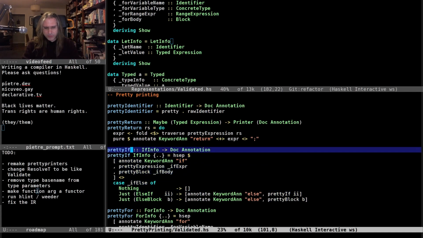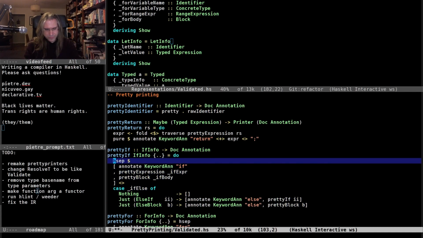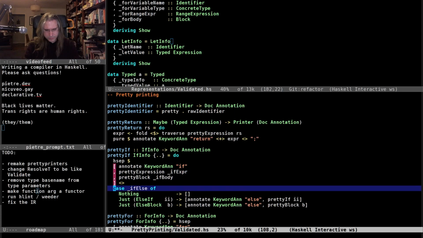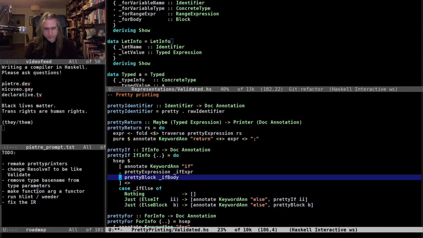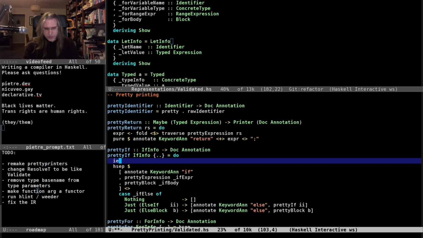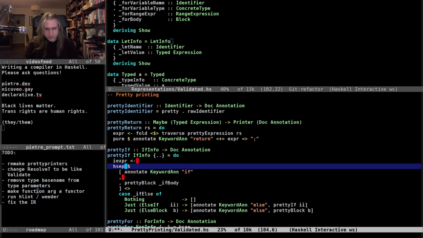Likewise for if, this is gonna have to change. So the if expression will be the result of doing this.